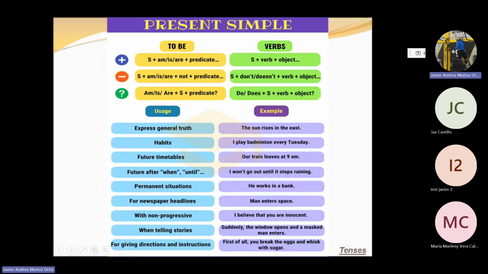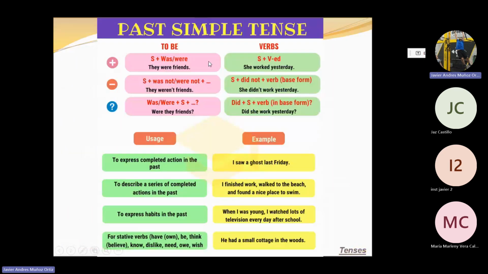In simple past tense, we are going to do something very similar, because in simple past tense, we also have the verb to be that we are not going to study in this moment, not yet, because this is for next class. And we also have the use of other kind of verbs, in this case, regular verbs and irregular verbs. We need a person who performed an action yesterday, 1 month ago, 1 year ago, last week, 4 minutes ago, whatever. I studied, Mariana watched TV, they played soccer,